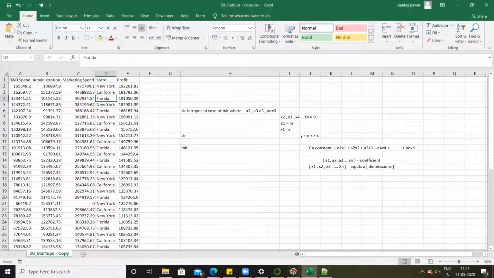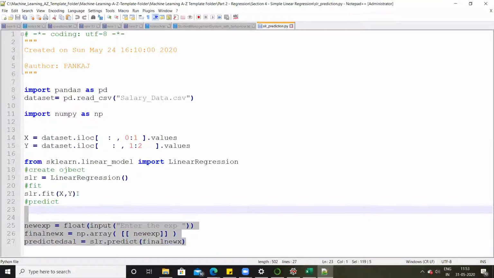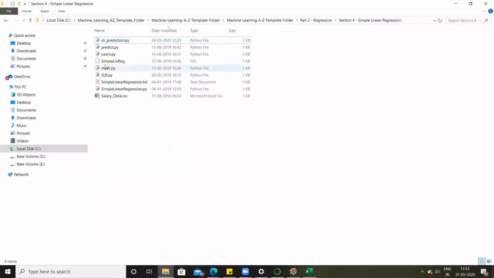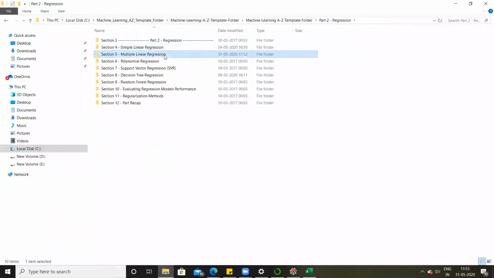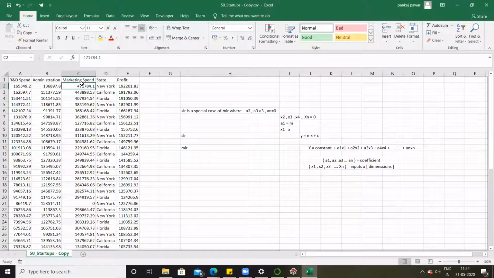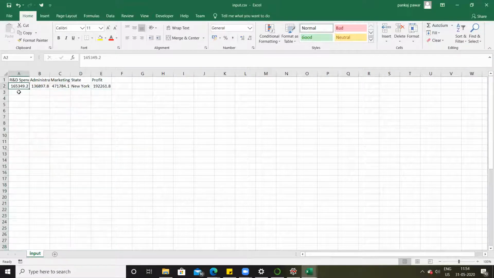So what I will do is this time I'll show you another way. This is one way which we have seen in our previous example to take the inputs. Another technique is, I will create a new file here, and I'll name this file as input.csv. So here this is another technique, right? So I'm creating a new file called input.csv. From this input.csv, I'm going to remove all the other rows and I'll only keep one row.